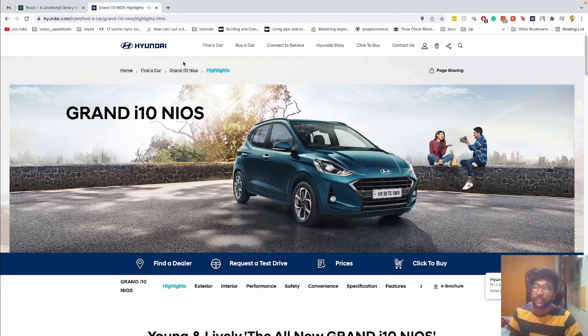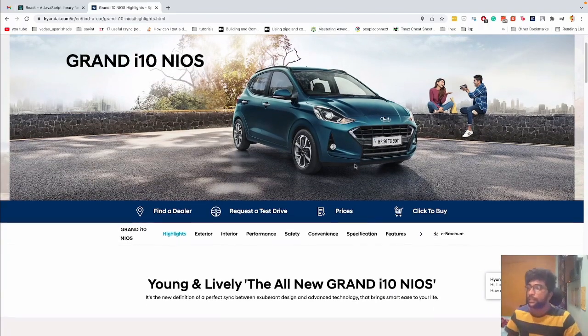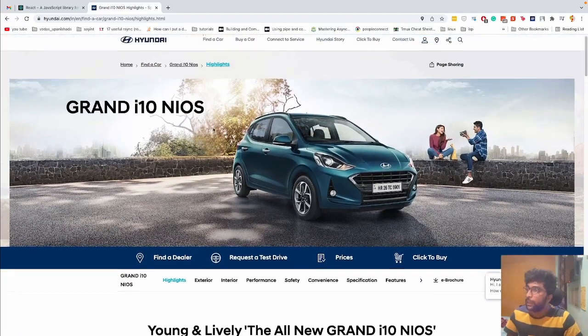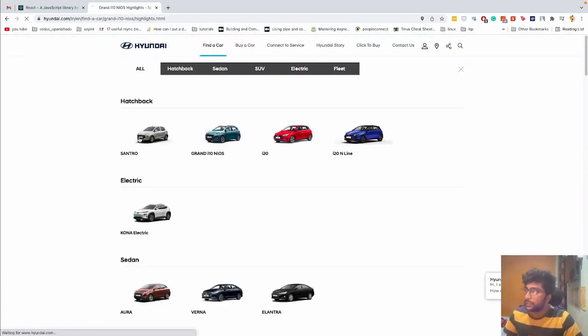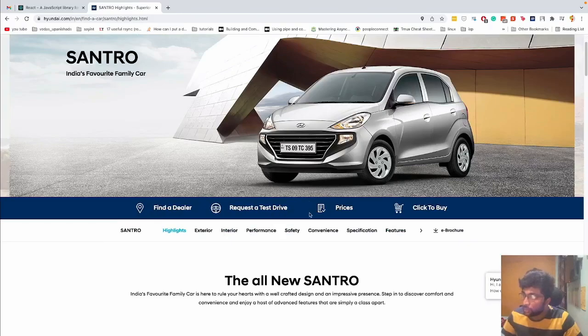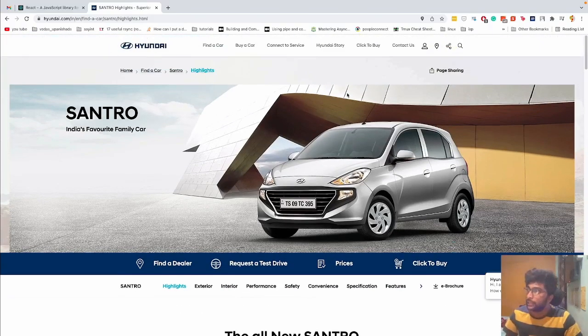The content over here is getting changed. The header is remaining the same, and just the image over here changed. All the remaining details, like this bar and this bar, remain the same for one car and the other car, right? If you see, when I click on Santro, I see this. So it's almost the same, what they are trying to showcase, and the header and everything